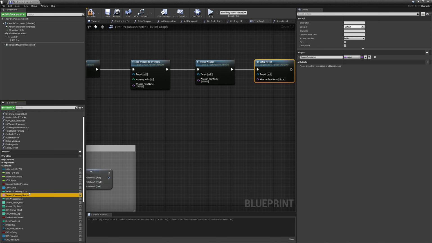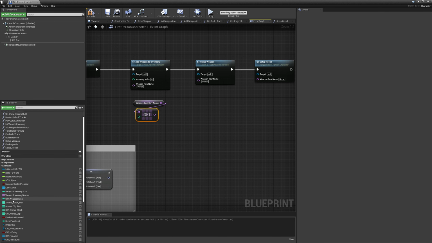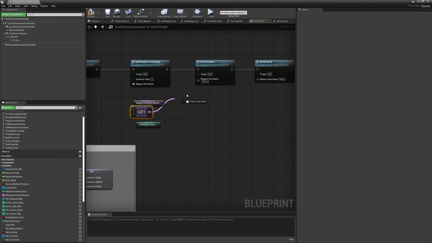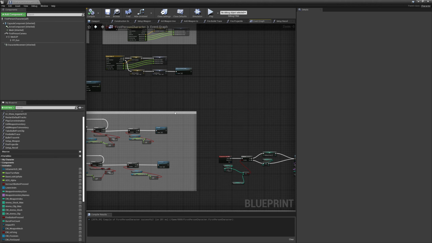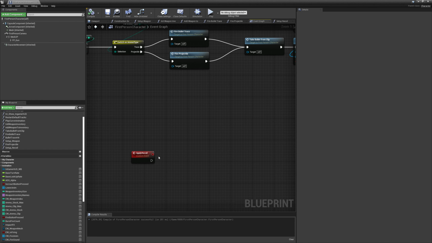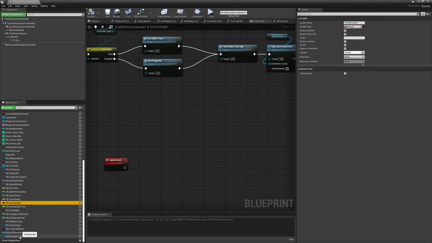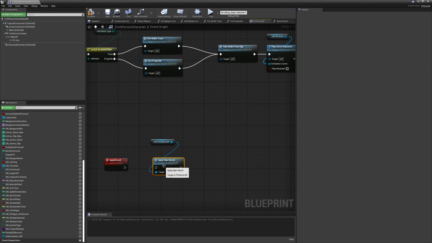So let's do this the right way. I'm going to get the inventory names and then get a copy of my current weapon index, and that's 0, so that's gonna return the pistol. And I can just plug it into all of these nodes. So there we go. Now we can go back to the fire weapon event, and we have the apply recoil over here. So let me see, we want to get the animation instance and call the apply recoil event. So apply weapon recoil,